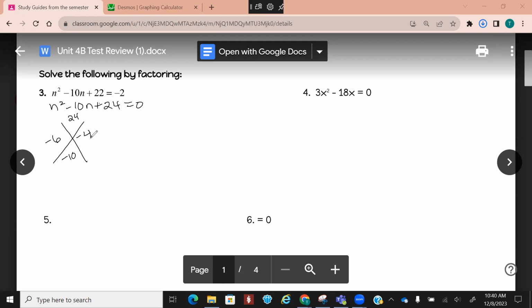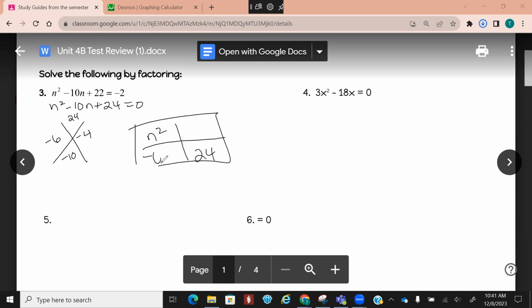Does that equal 24? Yeah, and then add together. 10 and -2. I'm sorry, you said 12 and -2. If you multiply those together, that gives you -24. Right. Oh yeah. Okay,